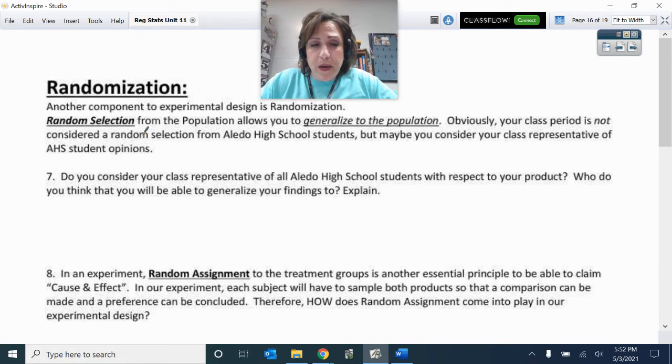Because the second component to experimental design is randomization. Control, randomize, repeat. We have to have a form of randomization in an experiment. Now, random selection is when you randomly select from the population, then you say, hey, I think this is a random selection of people from the population, so they're like the population that we want to generalize to. So we need to see,